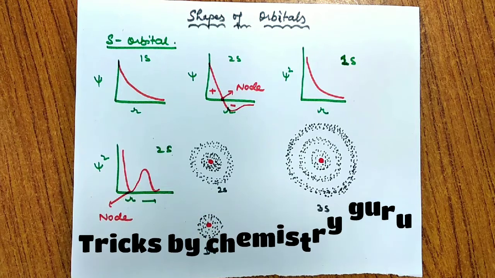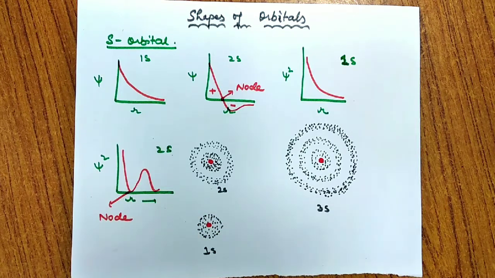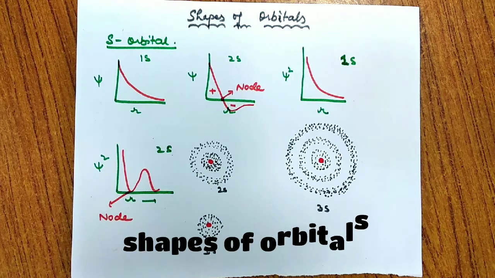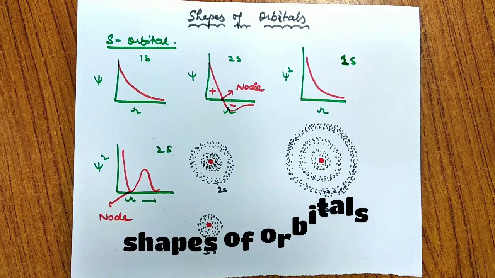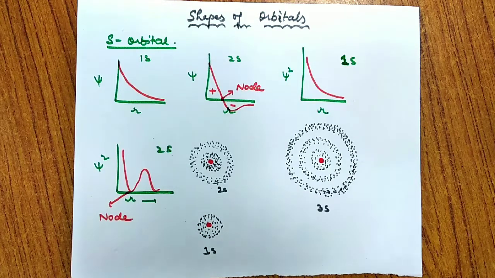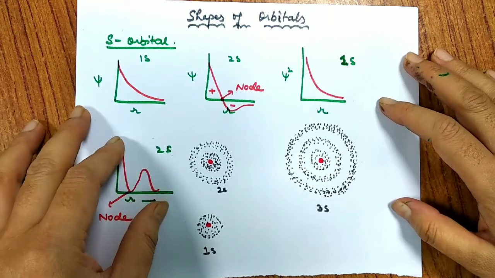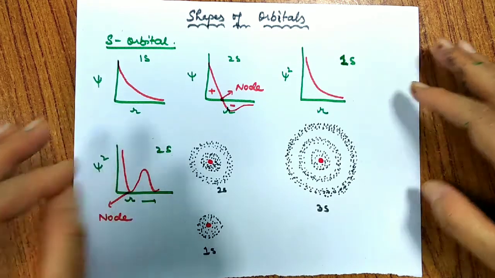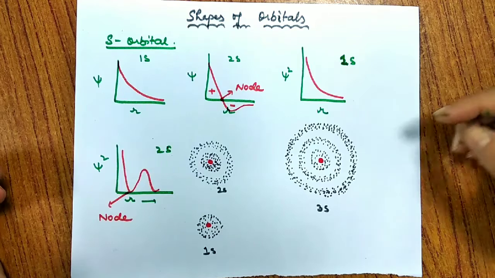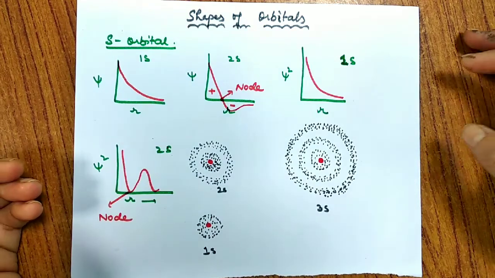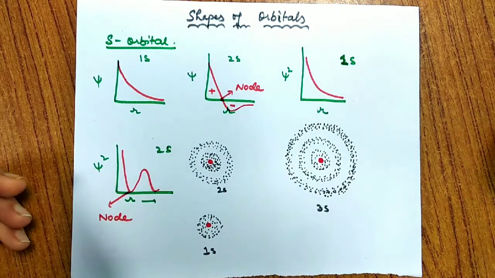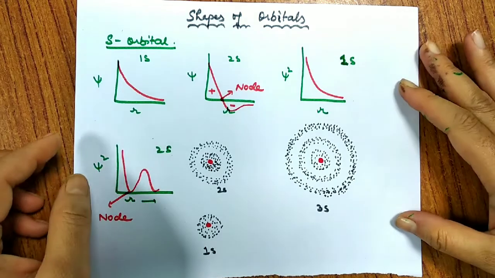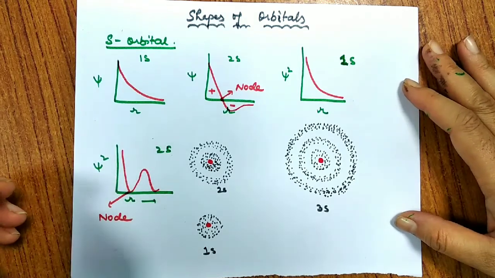So today, in continuation with chapter 2, class 11, we'll discuss the shapes of orbitals. As we have already discussed, the x, y and z coordinates represent the electron around the nucleus. Schrodinger has given an equation in terms of the wave function psi, and we have discussed that psi has no physical meaning or significance. It's only psi square that is significant, as it tells us the probability of finding an electron.